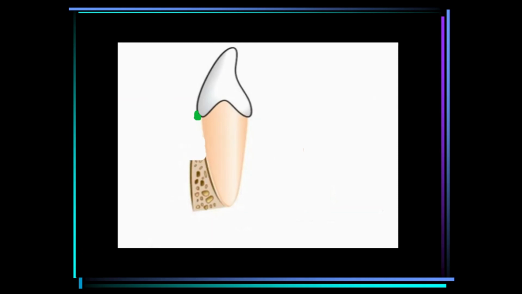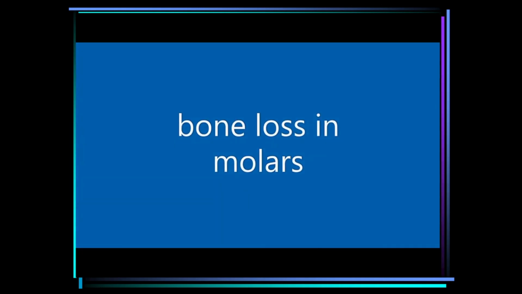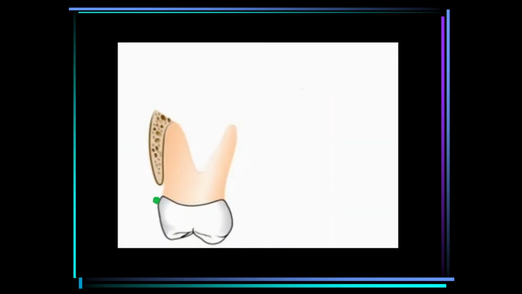Similarly in the posterior, so that is why the horizontal bone loss pattern is the most common pattern, because when bone resorption starts initially, the pattern will be horizontal because all the thin bone is initially gone. In molars, deposition of plaque, radius of action, horizontal pattern.